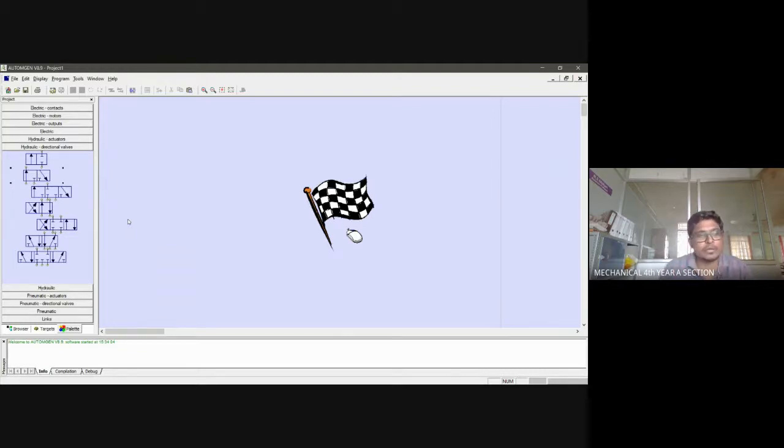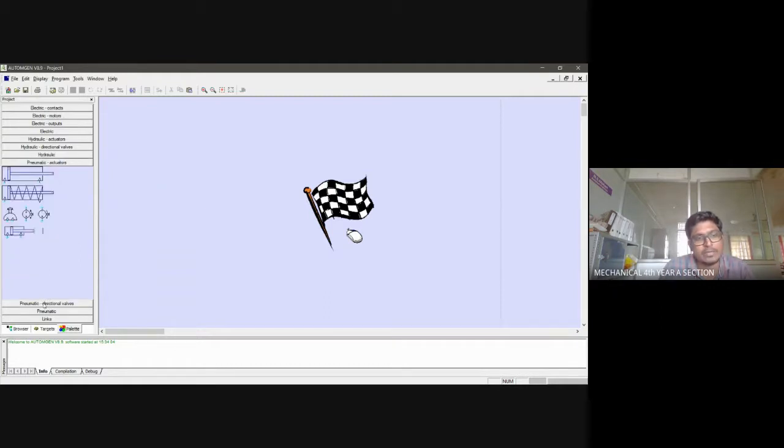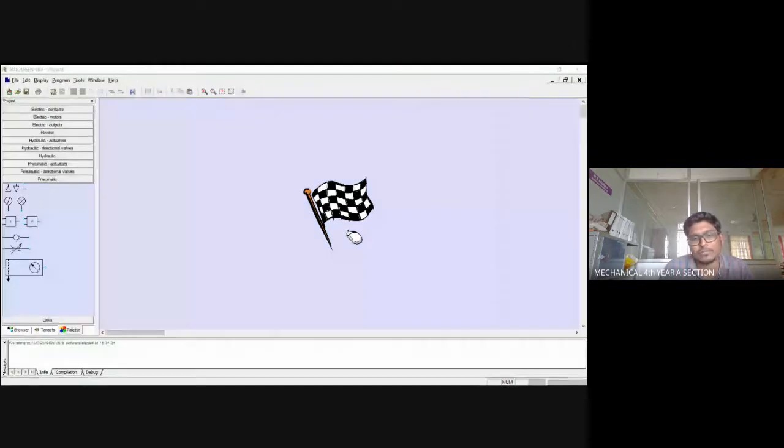First of all, I'm doing a basic pneumatic kit. You can see there are three options available over here. This is the pneumatic actuator, and we have pneumatic direction control valves, and we also have a pneumatic kit. This is all we are having. Can you understand?